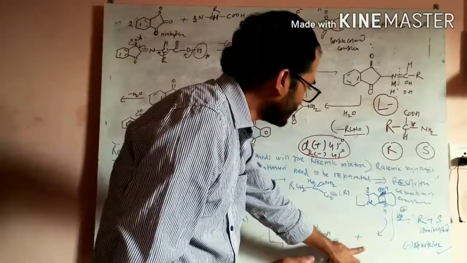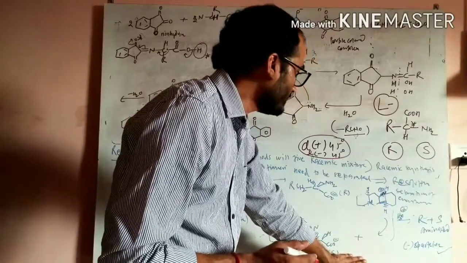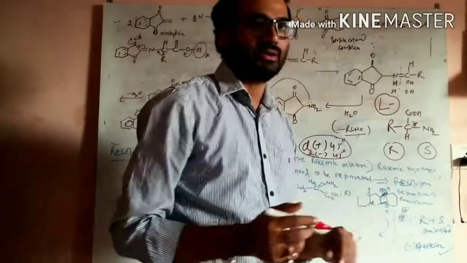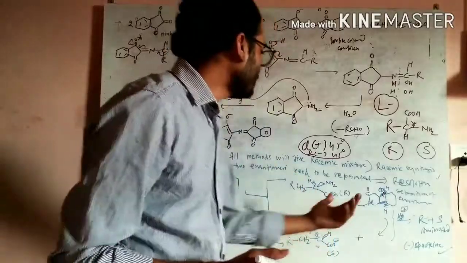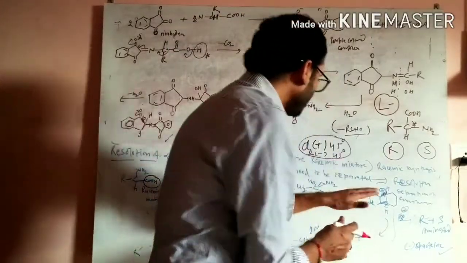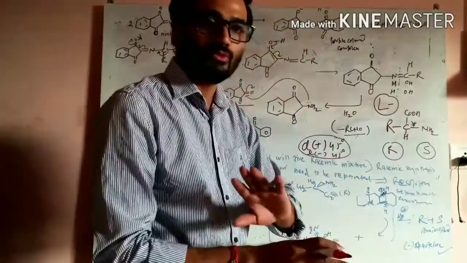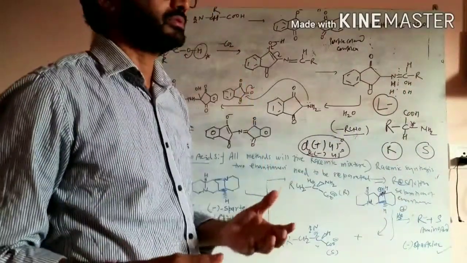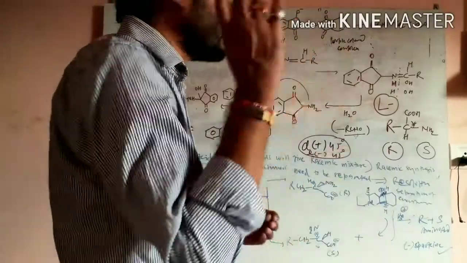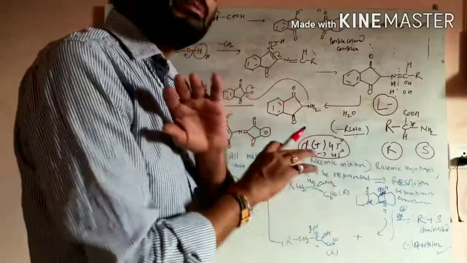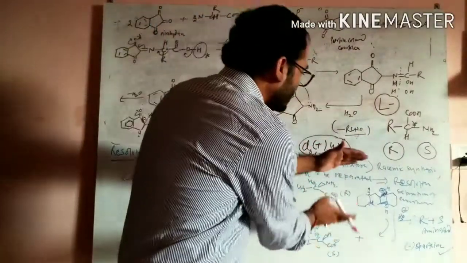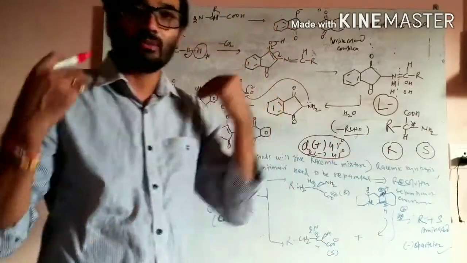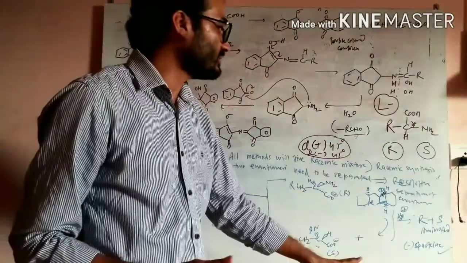This molecule is the same here. This will be also here. Okay? And when this is acidified, it will get back its proton. Now they are separated out. First of all, before acidifying them, they are separated out. They may be easily separated, either by column chromatography or some other method or by recrystallization. They can be easily separated because they are diastereomers, and diastereomers have different physical and different chemical properties. So they are easily separated out.